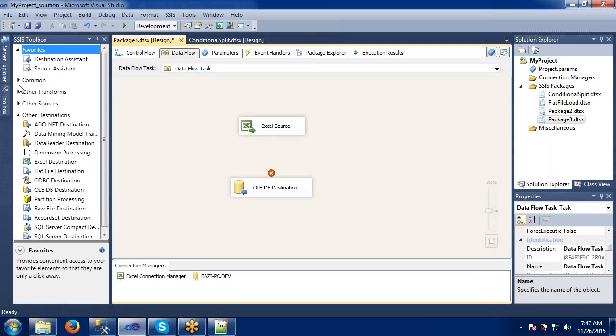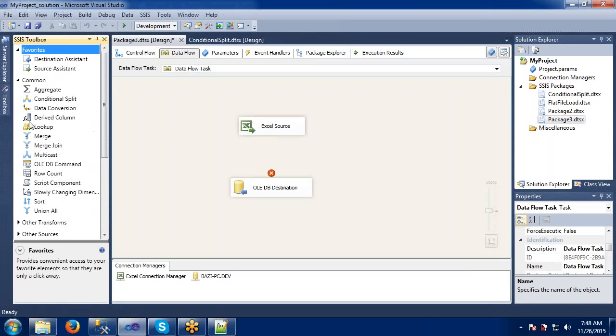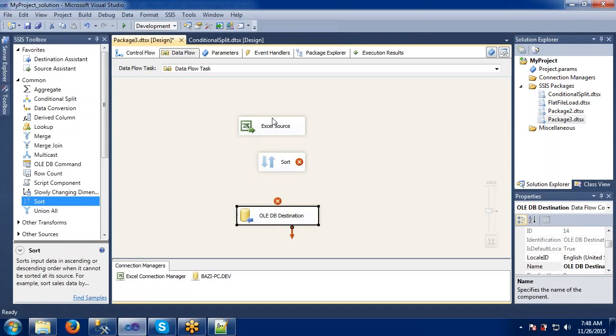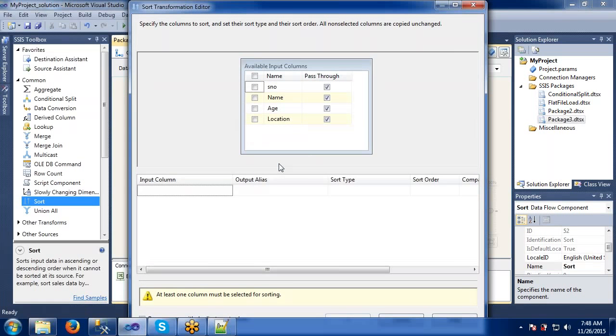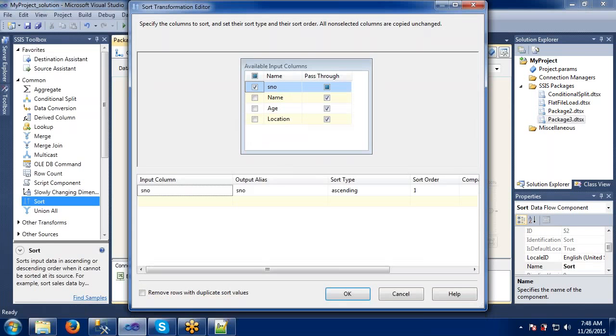So I will take a transformation here called Sort. First source to sort, then sort to destination. In the sort, it asks on which column you want to sort. I will take serial number.